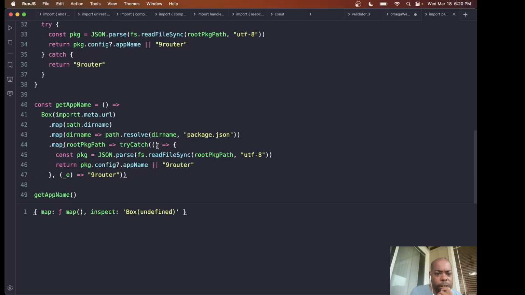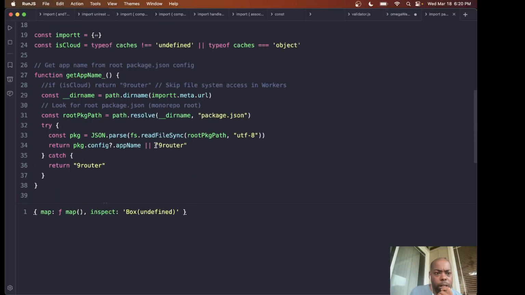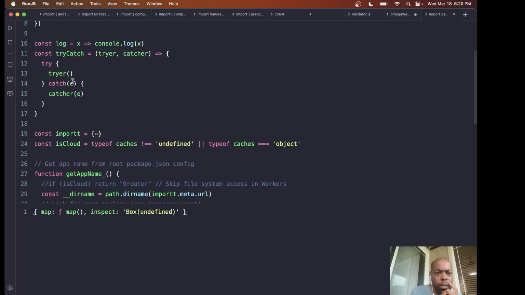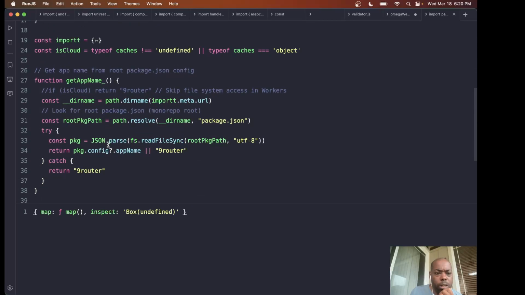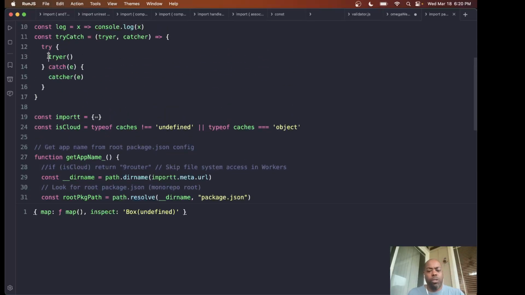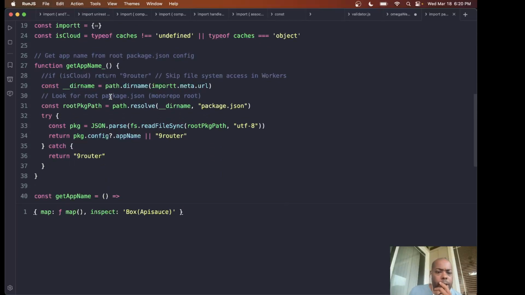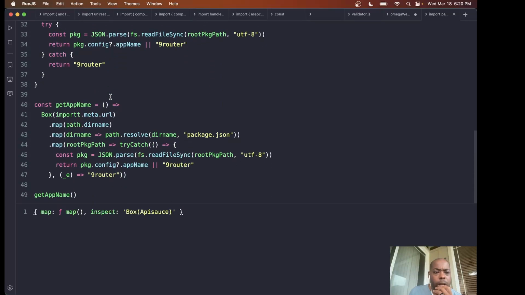So we're passing in a function, the trier, and it is being executed. Let's just try adding the return here. Yeah, so I do need the returns. My bad. Okay. So now we're getting back